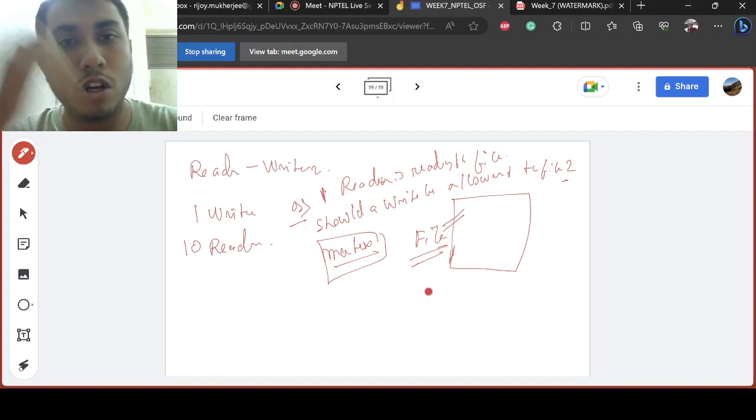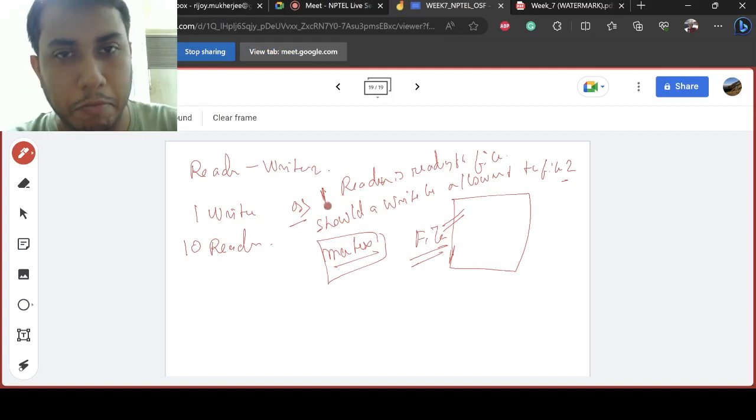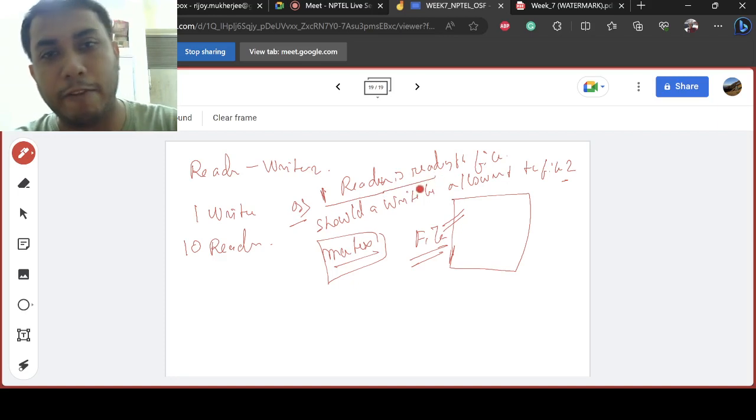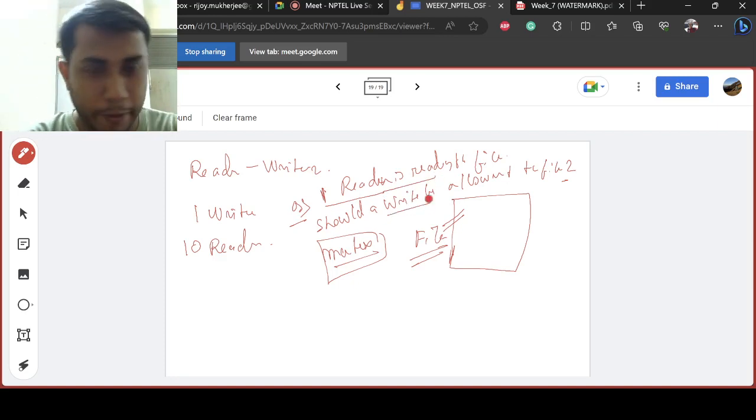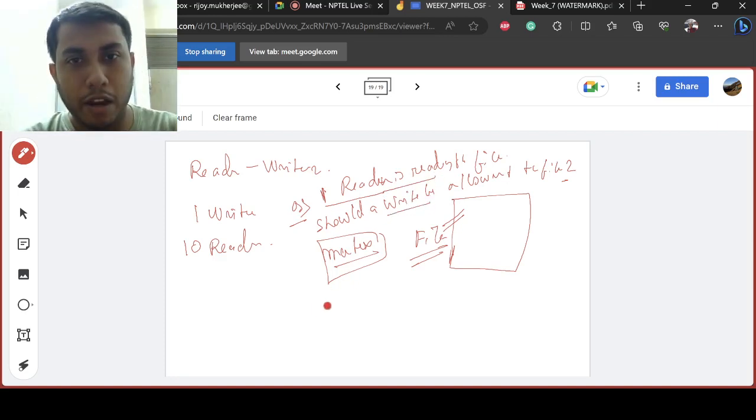Yeah. So a mutex lock is required here when one reader is reading the file and the writer comes. Okay. So a mutex lock is required here. Okay. Now say